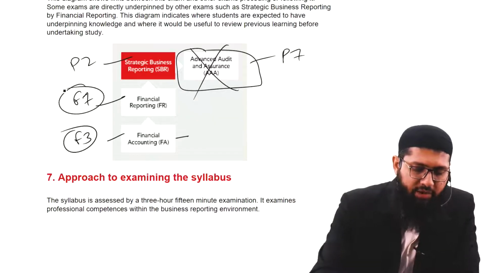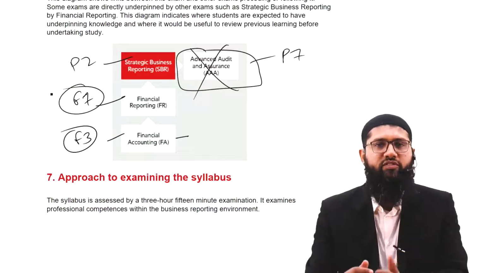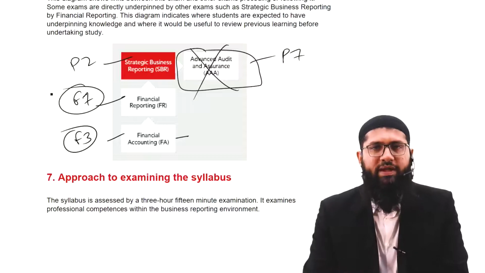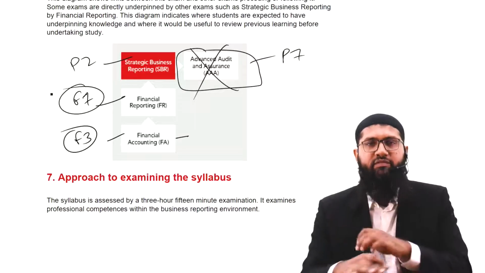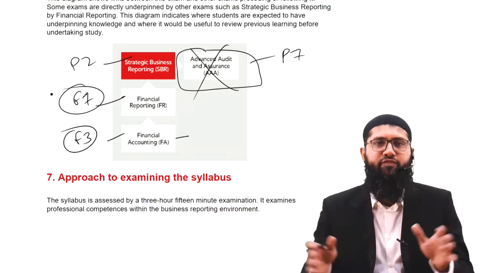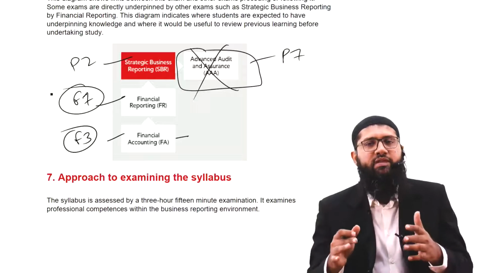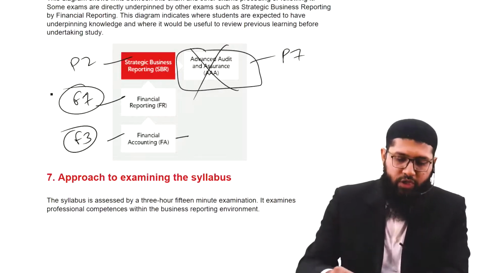Now a very important aspect is this F7. This happens with a lot of us. The moment we come out of the examination hall, I repeat, the moment we come out of the examination hall, the first thing that happens is that we forget everything that we had studied for the exam, even if our preparations were good or even if our preparations were not good.